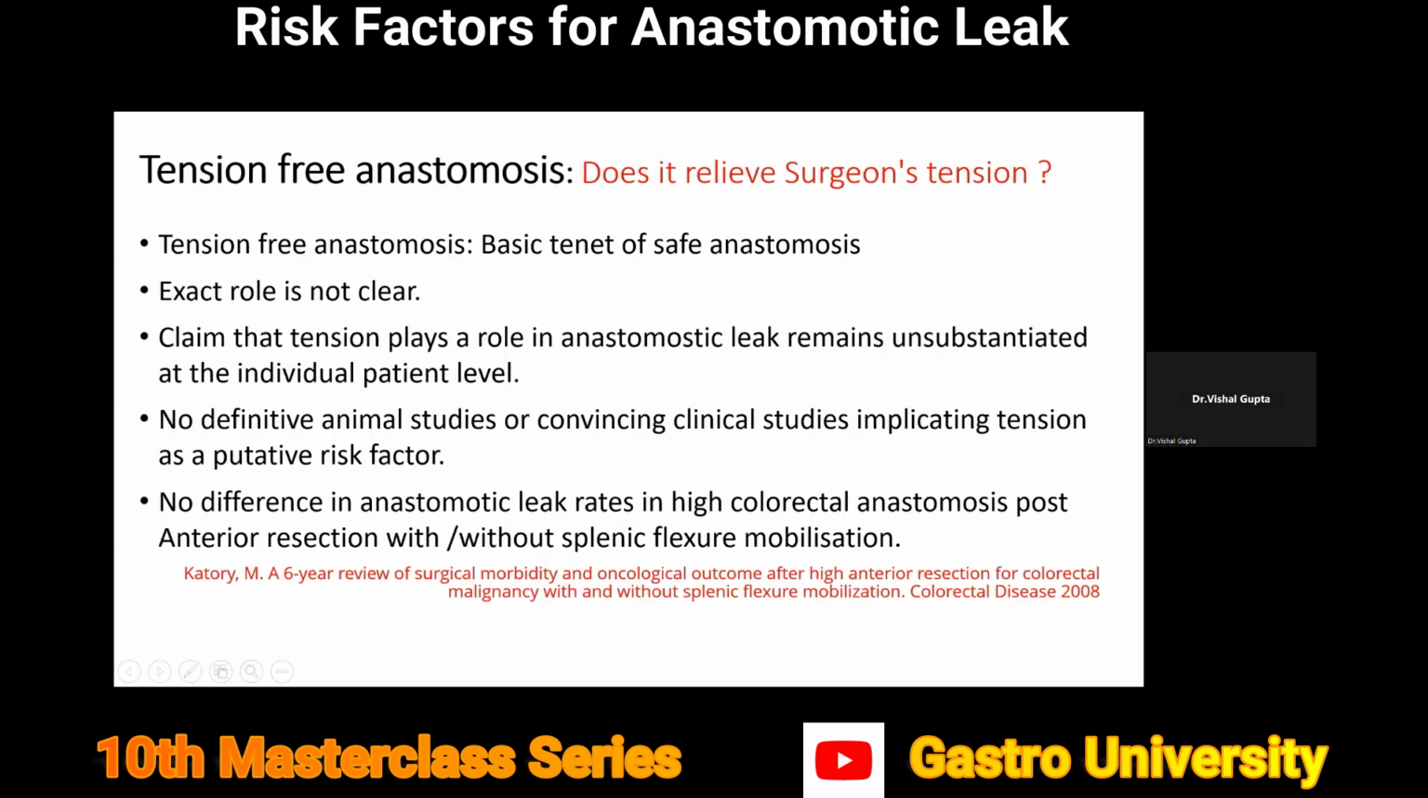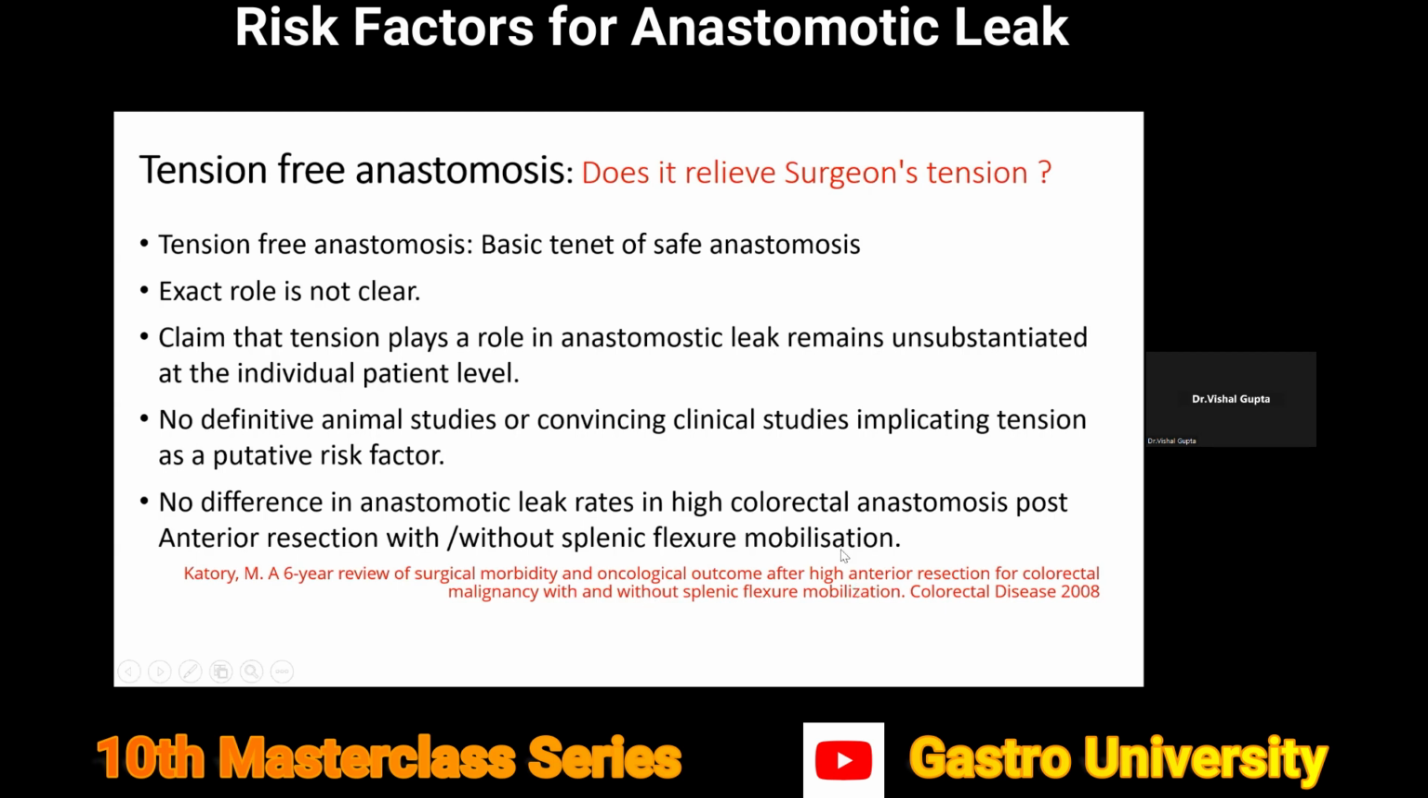Then again, tension-free anastomosis. Does it actually relieve the surgeon's tension? Conventionally, tension-free anastomosis is one of the basic tenets of a safe anastomosis. But the exact role of this tension-free anastomosis is not clear. It was claimed that tension plays an important role in the anastomotic leak, but it remains unsubstantiated based on the literature, especially at the individual patient level when the leak actually occurs. There are no definitive animal studies or convincing clinical studies which implicate that tension is an important or very important